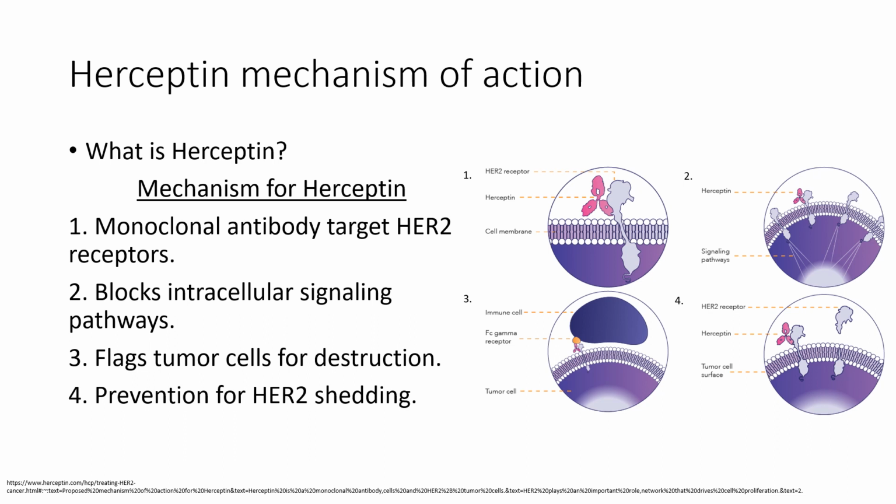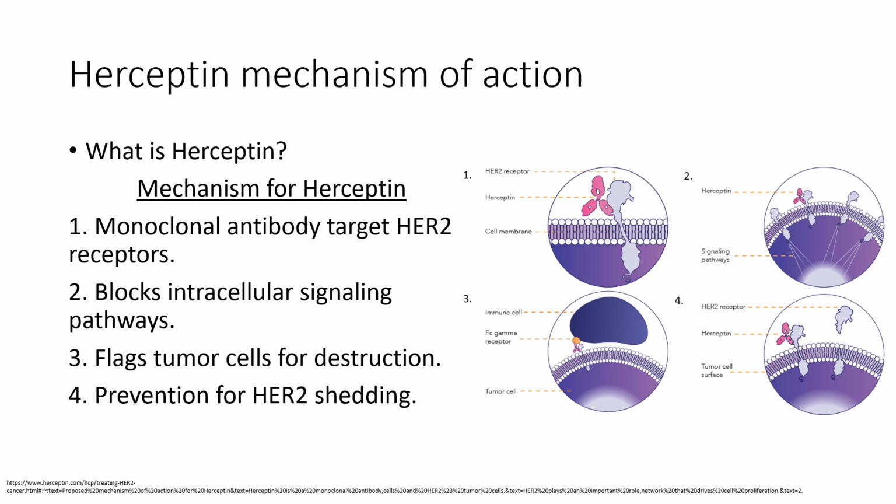Moving on to the third step here, Herceptin will then flag the tumor cells for destruction through the body's immune system, known as antibody-dependent cellular cytotoxicity, the activation of natural killer cells expressing the Fc gamma receptors. This is then bound by the Fc domain of Herceptin and is mainly what leads to the antibody-dependent cellular cytotoxicity